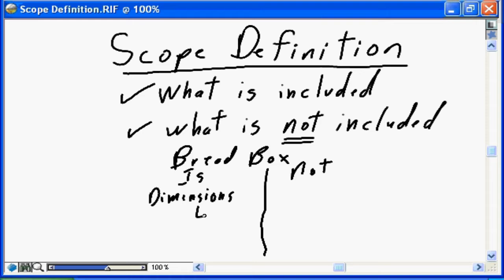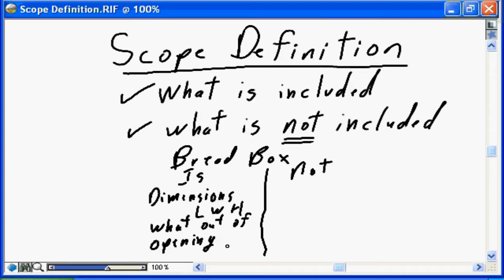The length, the width, and the height. We're going to define the composition. We're going to define what it's made out of. So we're going to define our bread box with dimensions. We're going to define that our bread box is made out of metal. We're going to define the opening,